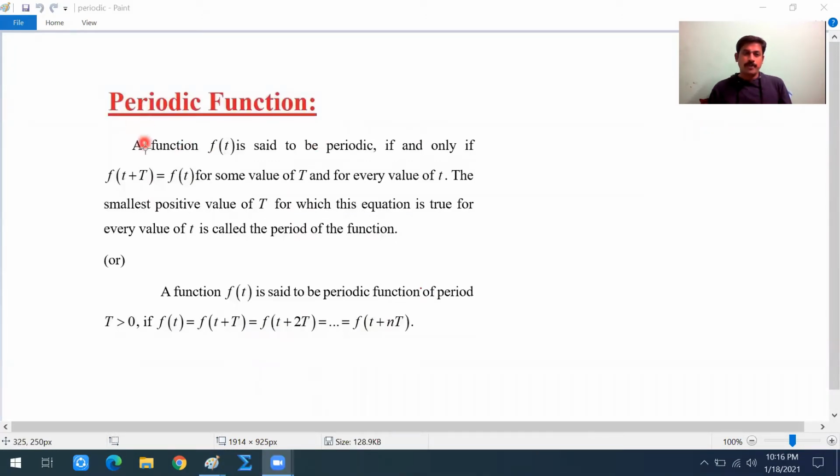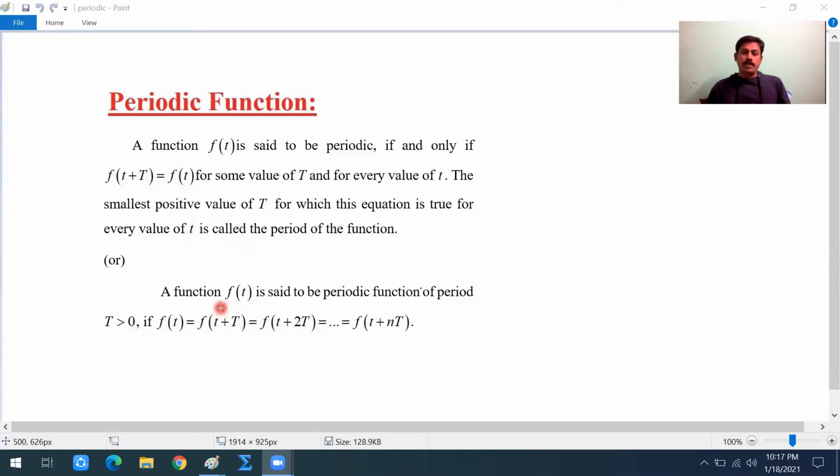Periodic function. A function f of t is said to be periodic if and only if f of t plus T equal to f of t for some value of T and for every value of t. The smallest positive value of T for which this equation is true for every value of t is called the period of the function,